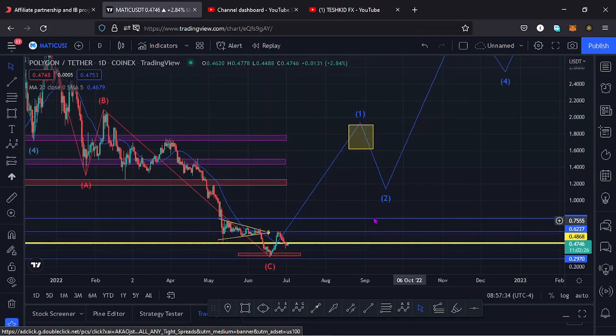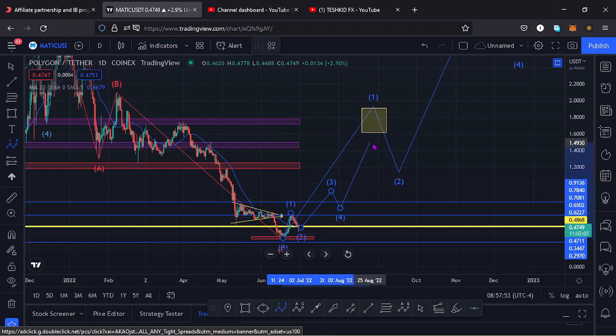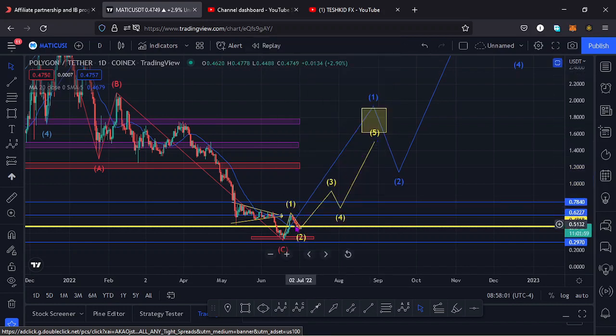So in this massive wave 1, I expect a wave 1, wave 2, wave 3, a wave 4 and a wave 5 to the upper side. And here we have formed a wave 1, that might be a wave 1, a wave 2 in formation. Then we expect a wave 3, a wave 4, and then a wave 5. And if I change the color of this wave to yellow, and if we try and apply the fibs here to see how this wave 1 to the upper side, where it might retrace to,